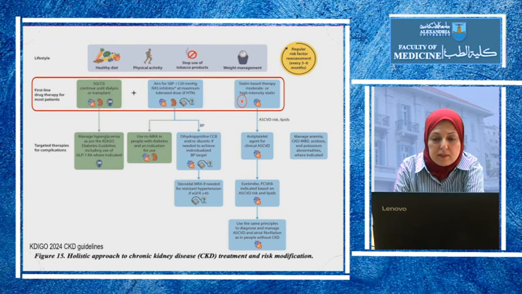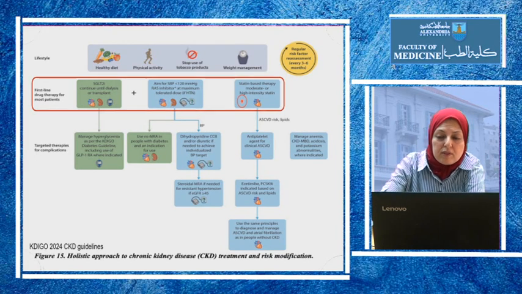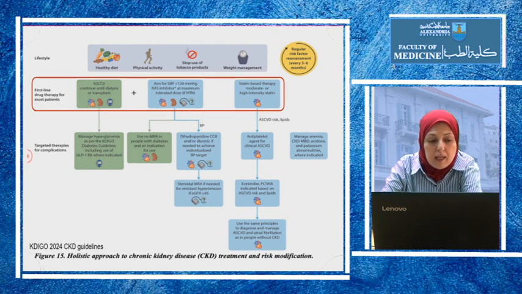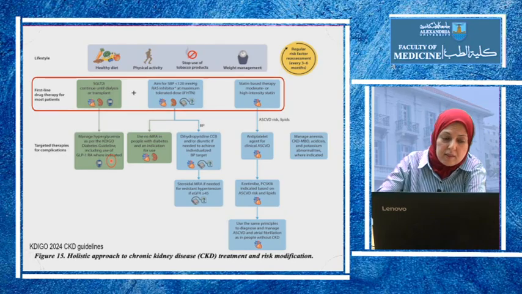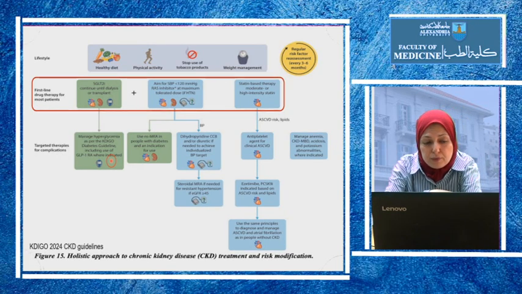Whether moderate or high intensity statin, to prevent cardiovascular disease, which we said is very common. Additional therapy should be targeted based on the presence of complications. So if the patient is still hyperglycemic despite SGLT2 inhibitors, then other antidiabetics should be added. The antidiabetics with benefit to the kidney include metformin, but it cannot be given if the GFR is below 30, and the dose should be decreased if the GFR is below 45, and we should continue to monitor glucose until we reach the target hemoglobin A1C.